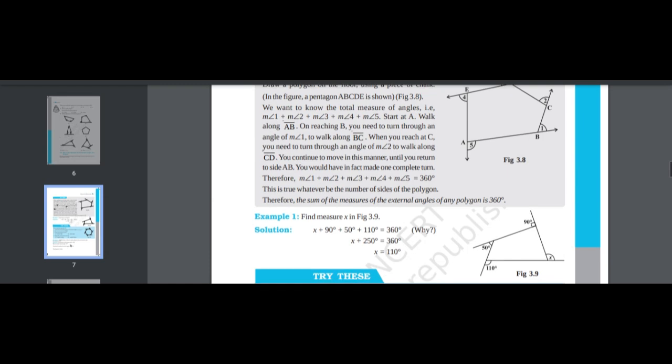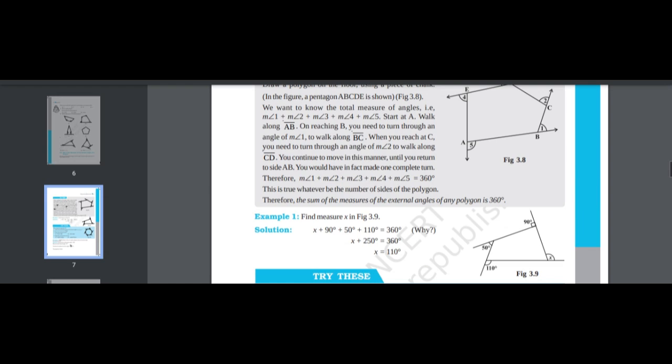So they will give you a simple picture which shows a shape of polygon. This is like a parallelogram, or like an equilateral, which shows a diagram of a polygon. It has 4 sides and all the angles are in the outward direction. We have to find the missing one; they have given 4 different angles. One is 110, one is 50, one is 90, and we have to find the 4th one.